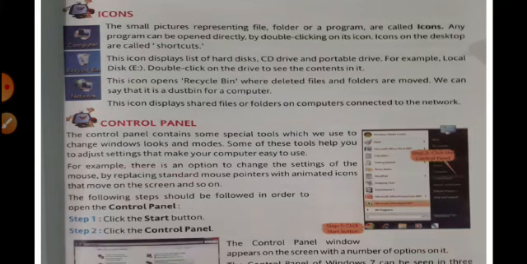Secondly, this icon opens the recycle bin where deleted files and folders are moved. We can say that it is a dustbin for the computer. Even after deleting, the data is kept there for a particular time period. And this icon displays shared files or folders on a computer connected to the network.